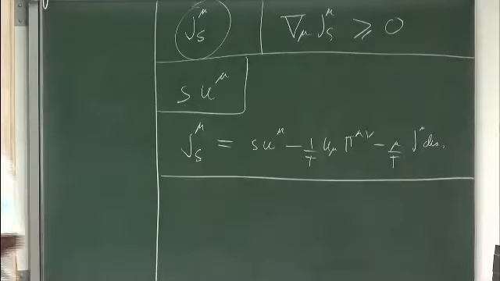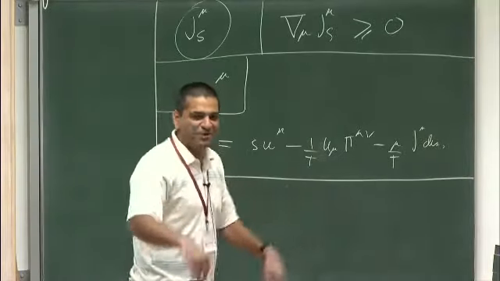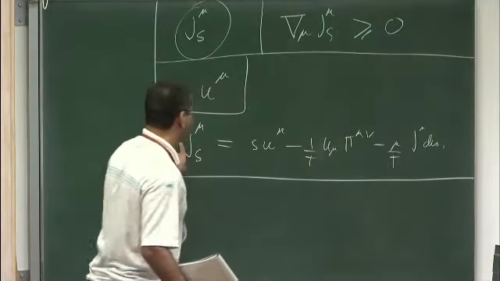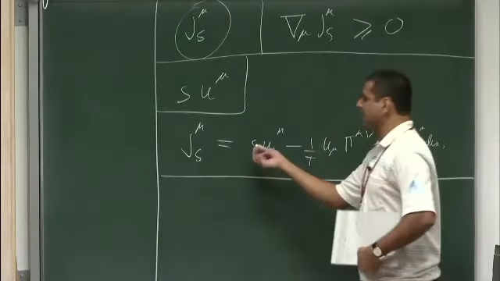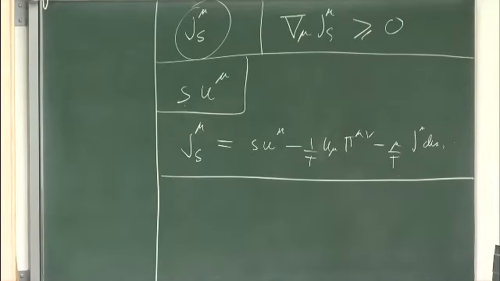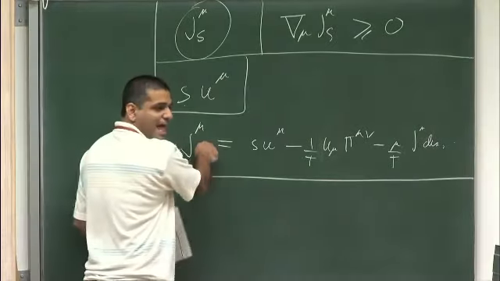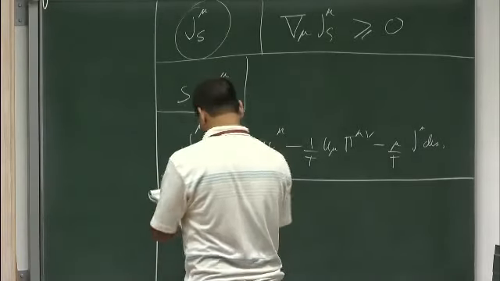Okay, now what Landau and Lifshitz did was to work out what the divergence of this entropy current is. By using the equations of thermodynamics and the equations of hydrodynamics, the conservation of the stress tensor and the conservation of current, assuming that the current is conserved without an anomaly, this will turn out to be important later on, it is not difficult to show that ∂_μ J^μ_s is equal to